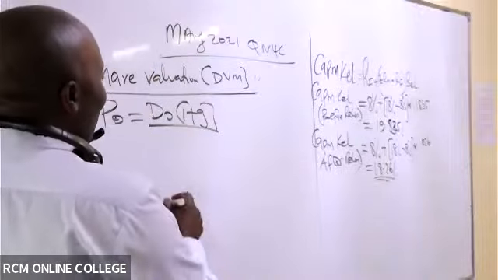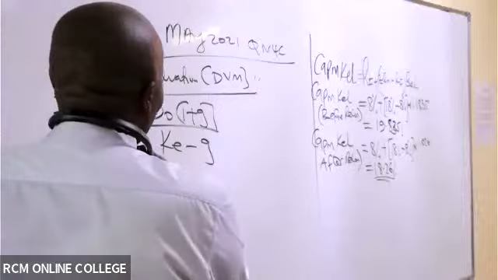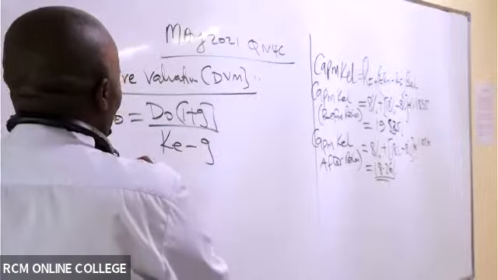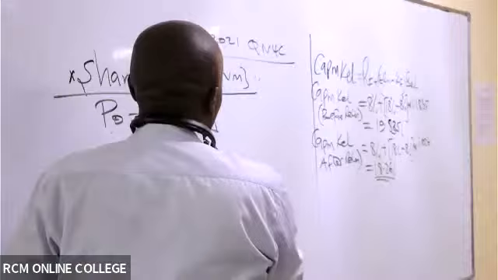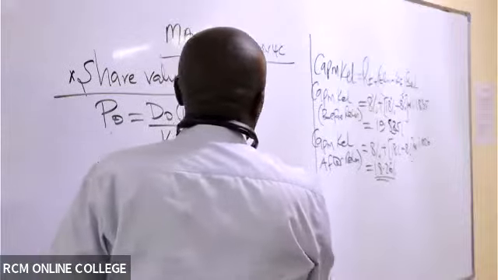So I would want to take this to remind you guys what these things stand for, because they're not about Ky. We're only using Ky for the sake of making things simple. So this P0, whenever you see 0, means current, today. So current market price per share. Please write these things in full.